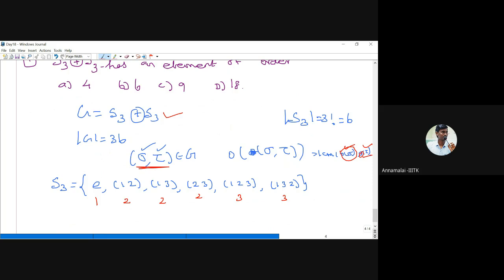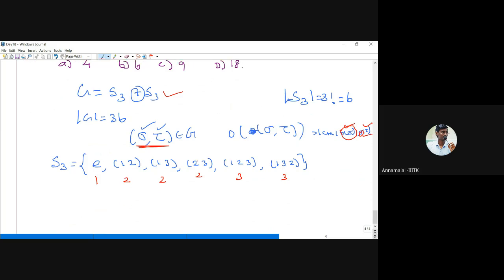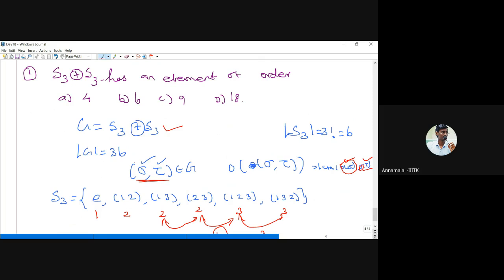Then what is the order in S3 cross S3? So what is the LCM? You can take the LCM of these two, which is 6. What is the LCM of these two? 3. What is the LCM of these two? 2. Now we get the maximum as 6. Therefore 6 is the maximum. We have an element of order 6, namely the permutation